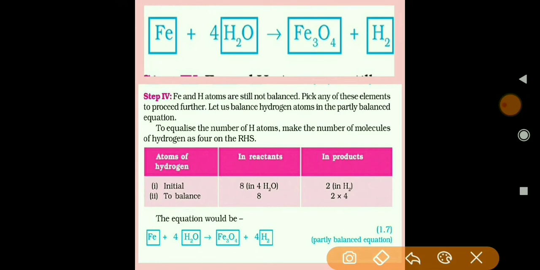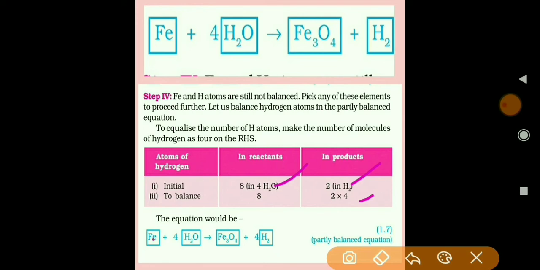Draw the table for the hydrogen atom. On the reactant side, the atoms of hydrogen are 8 in the 4 molecules of water. On the product side, the atoms of hydrogen are 2. So we need to balance the product side by multiplying 4 with the 2 hydrogen atoms. Then the equation would be